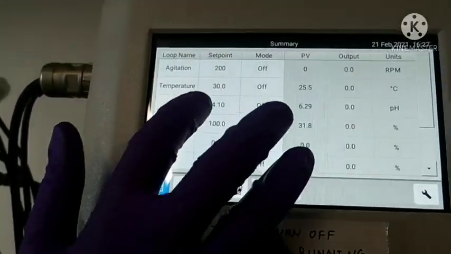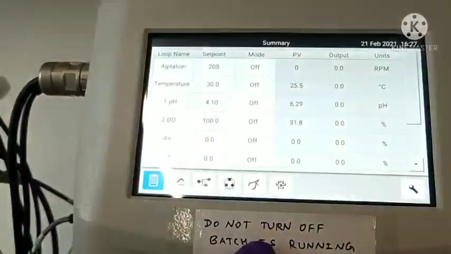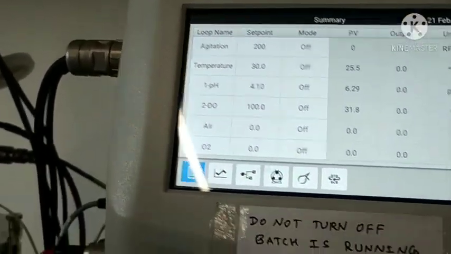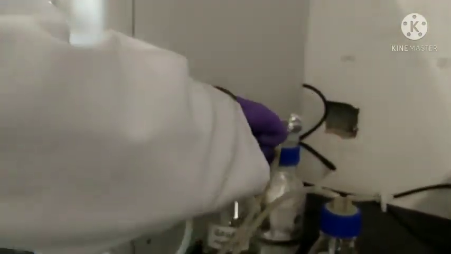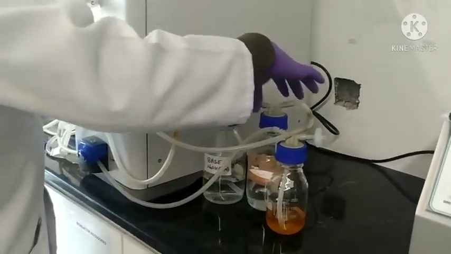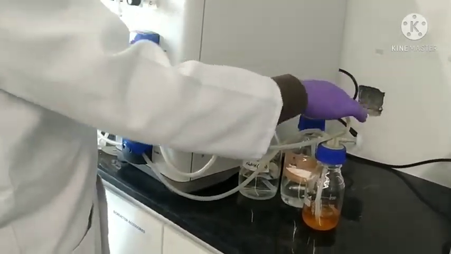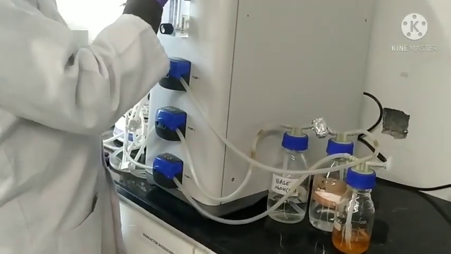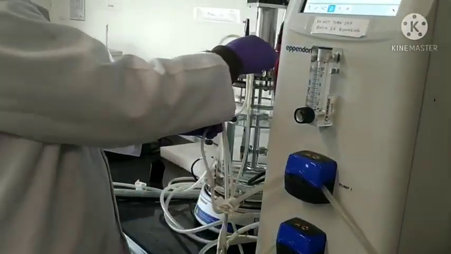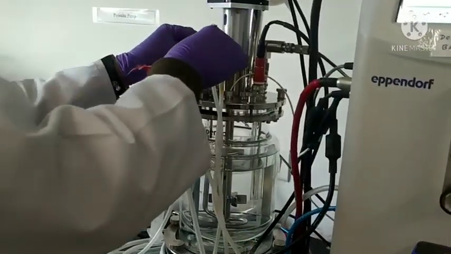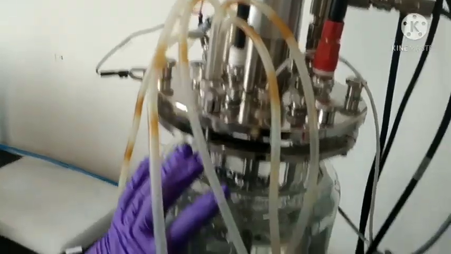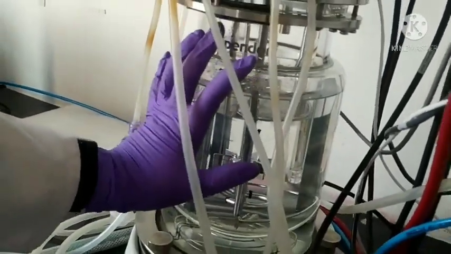If you want to set it at 4.10 pH, what is the basic requirement? To add the acid. This acid will go from this acid bottle, this one. This is basically 2 to 5 molar H2SO4 or HCl, which through the pump, by the flow of the pump, pours down a small volume of the acid directly, and mixing will happen, and it will decrease the pH to whatever the requirement is, like 4.